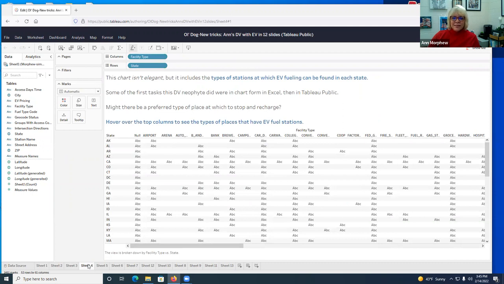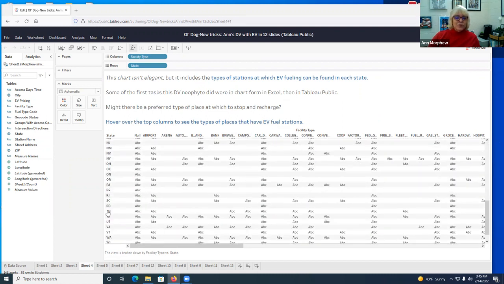This sheet isn't elegant, but it does tell you the types of fueling stations that can be found. So if it's not a repair shop, if it is a bank, a brewery, a campground, all of those things are able to be found, and you can scroll to your state to find the types of fueling stations you would want. And it's just a matter of what you pull to the rows and the columns, and then